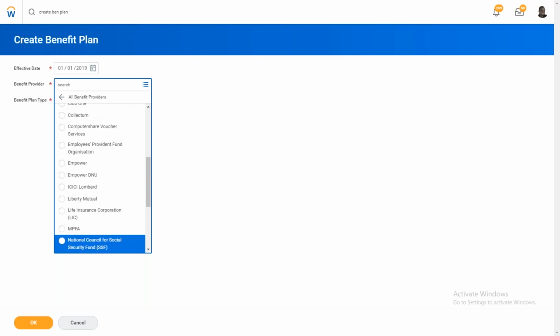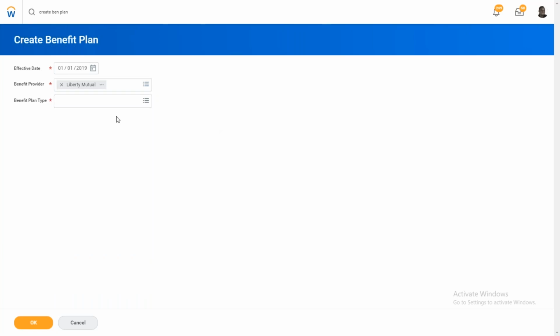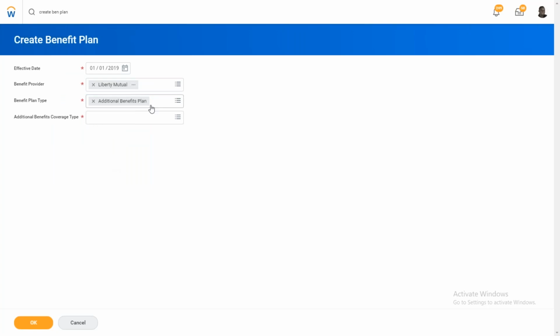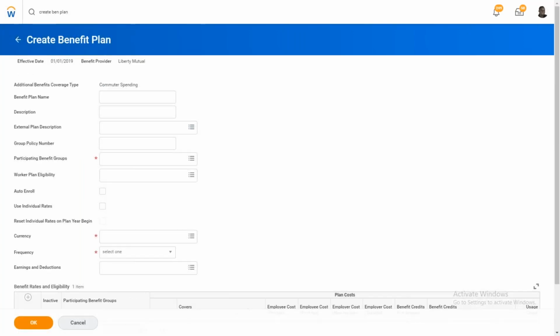And you may ask a question, hey Kiran, can we have default delivered benefit providers in Workday? No, you have to create your own unique benefit providers. So first you have to select one of the benefit providers. Then after that, plan type, coverages. We just discussed, right? Workday coverage types are classified into 6 types. So what is the coverage type? Is it healthcare, insurance, retirement, additional, or spending account? Based on that you have to select one plan type. Then it will ask you for the coverage type you have configured. Then hit OK. It will allow you to create a benefit plan.